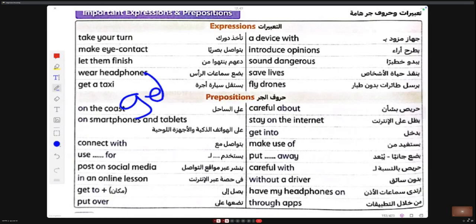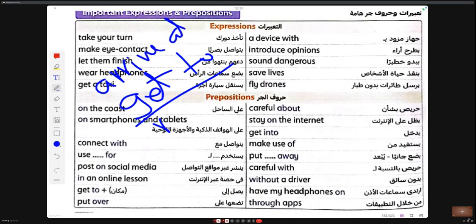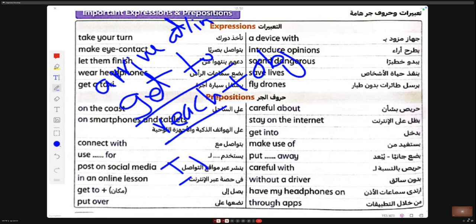Get to means arrive at or in. Reach means reach without a preposition. We have the object here. So I reached Cairo at 7 o'clock, for example.